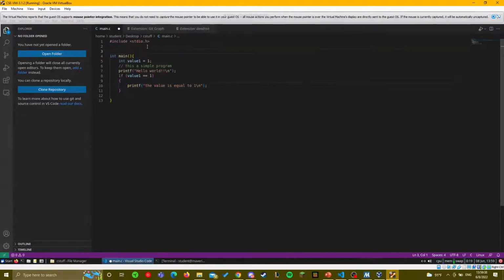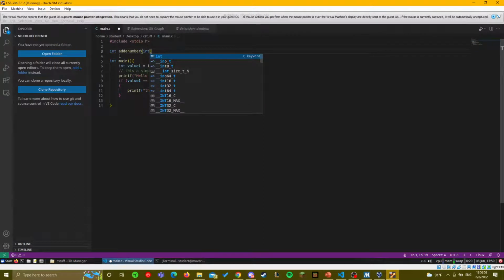Let's say I create a function and I'm calling it, and I want to return an int. Let's say, add a number, right? And let's say for this example, I don't want to pass it back like this. I want to pass it like this. Int A, int B, right?